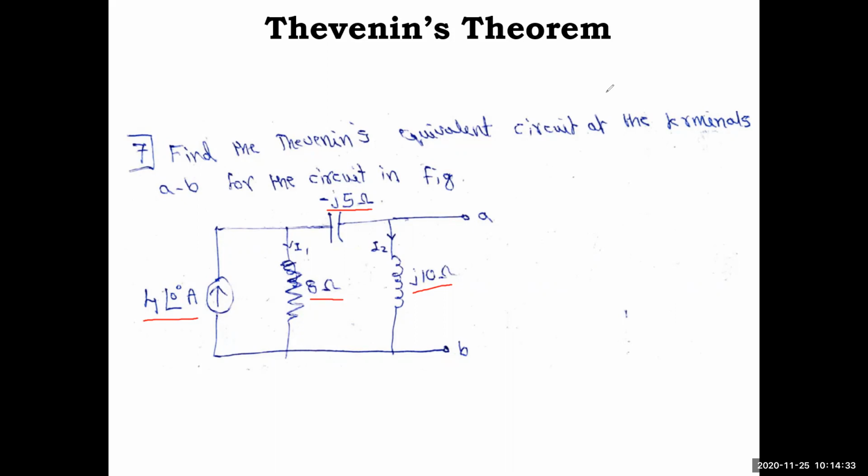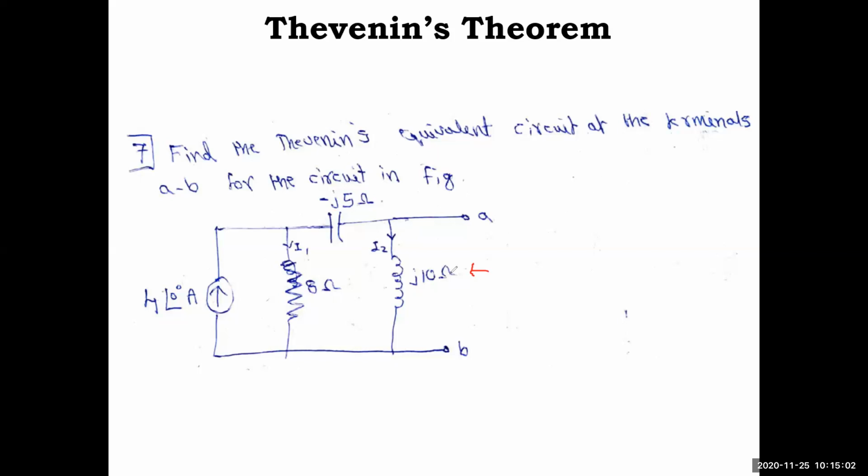So note down this question. Those who are confident, you can try. Everyone, pause the video and solve it now, as much as possible. What you have to do, just a clue: find the VTH, the open circuit voltage VTH. That means you have to find the current in this branch. The current you have to multiply with J10 ohm. That will give you the VTH. So get this I2, those are the steps you do.